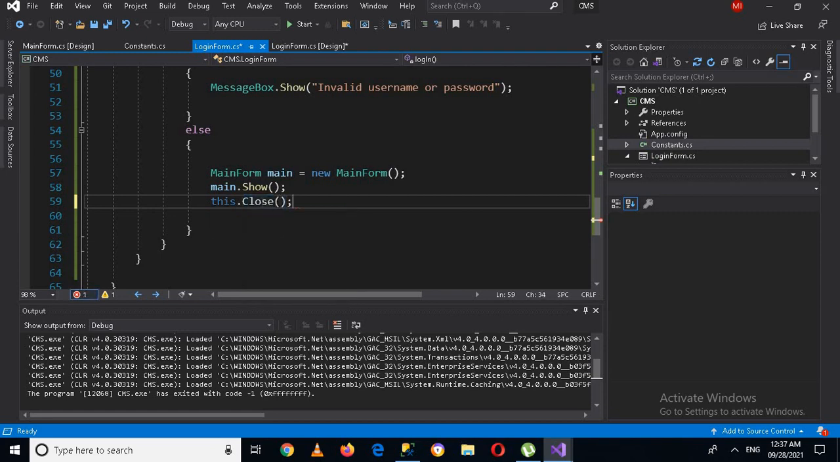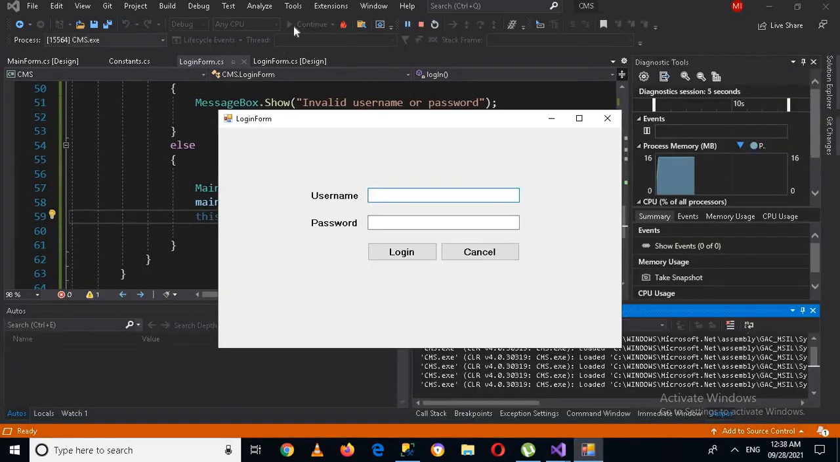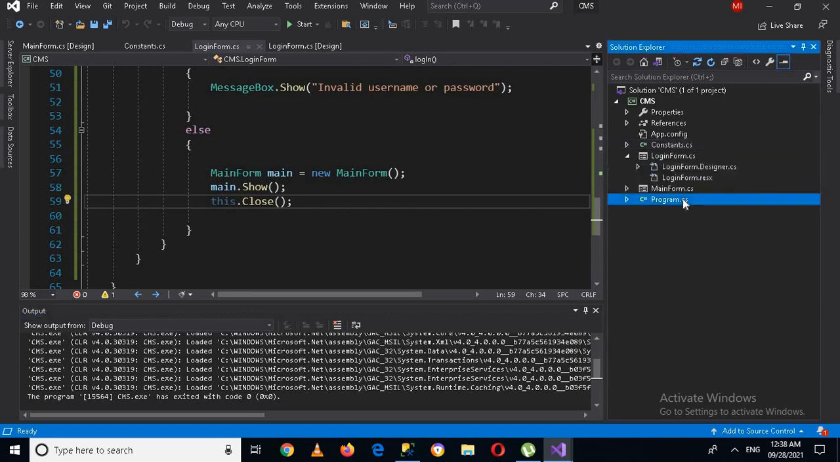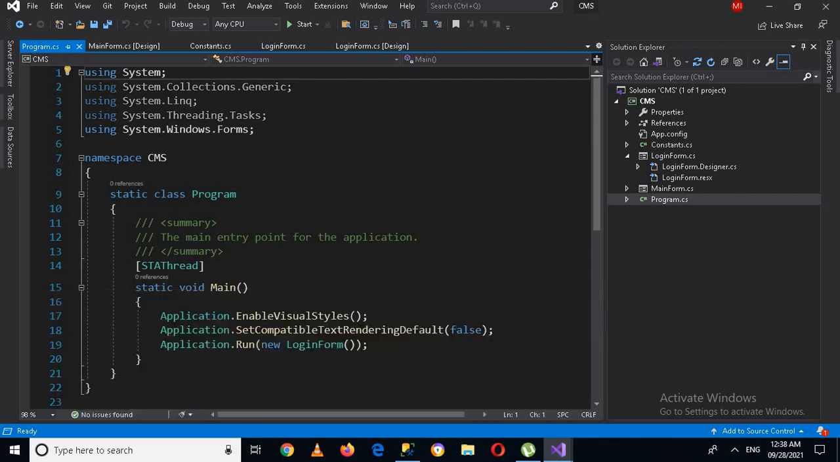So you can close. If I write here this.Close, and now if I run this, and now if I use the correct username and password, and I press login, now you will see that the whole application exits, because if I go to